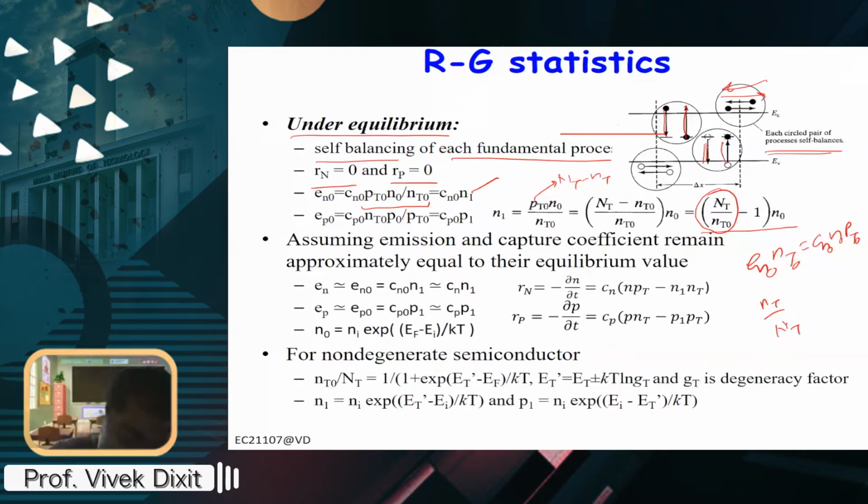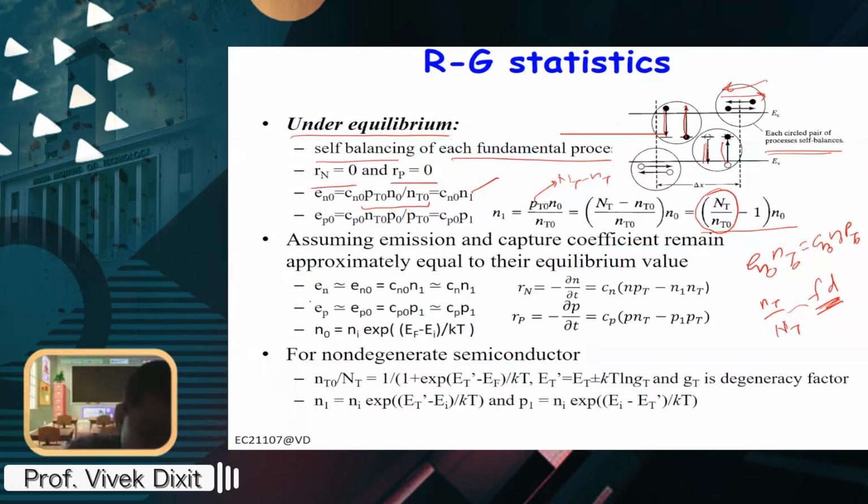This is the probability of trap state being filled. So this will look similar to the Fermi-Dirac distribution, right? Of course with some degeneracy factor, but this will be same as Fermi-Dirac distribution, right? So it is inverse of this, so it will become 1 plus exponential, where 1 will cancel, so you just have some exponential function there,